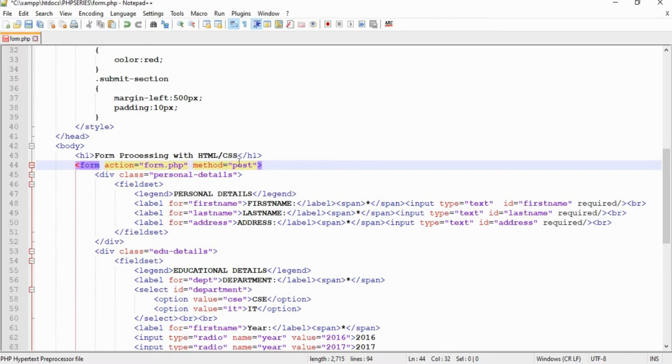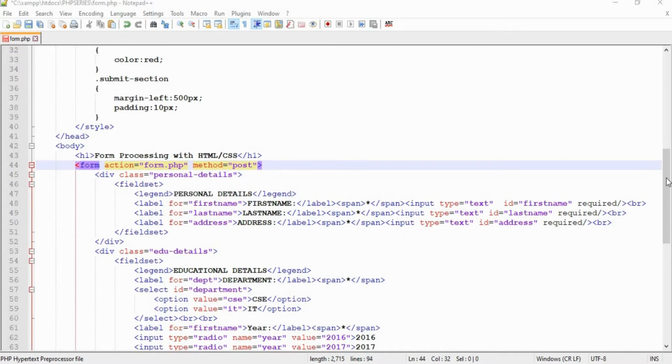The difference between get and post is, if you use the get method or if you don't use the method attribute inside your form, the default value of method will be get. Using the get method inside a form will print all the values along with the URL, that is, the values entered by the user will be displayed in the URL itself, which reduces the security of the web application. So always use the post value for the method attribute of your form.